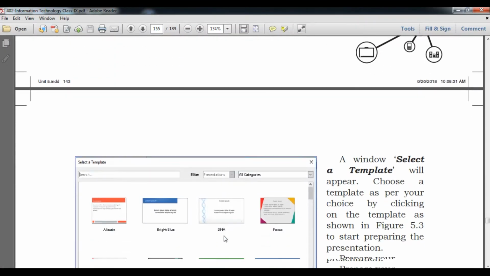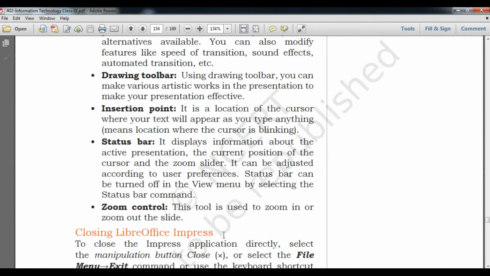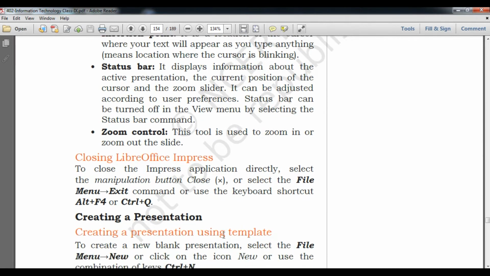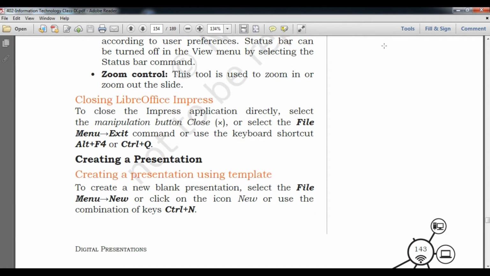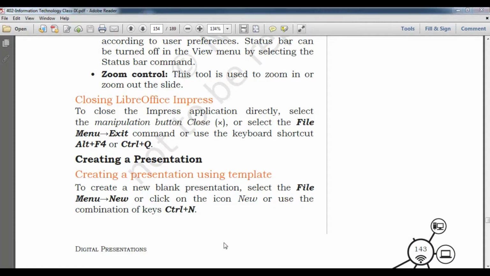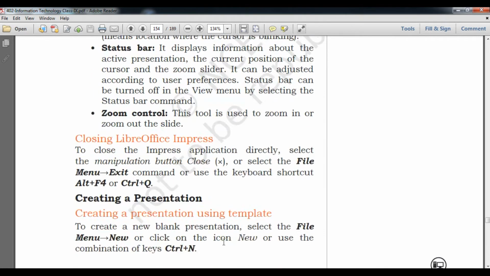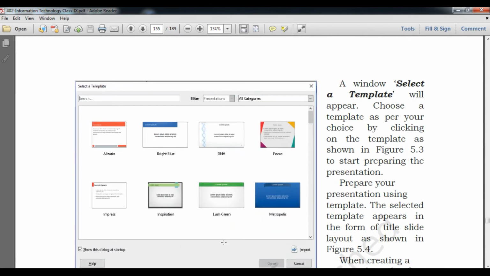So here we understand how to do that, and in the manual we can do the same thing. Now after that we are talking about how to close LibreOffice. So we have learned how to create a presentation.